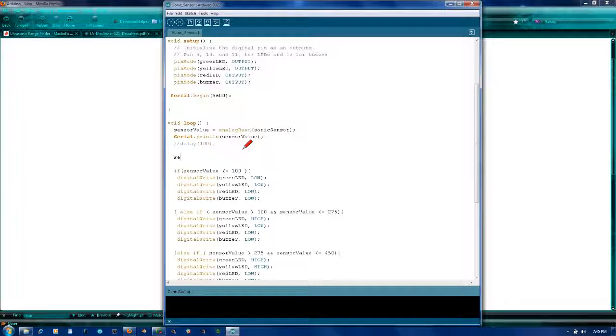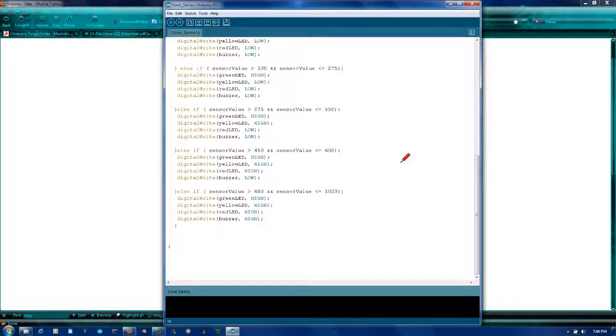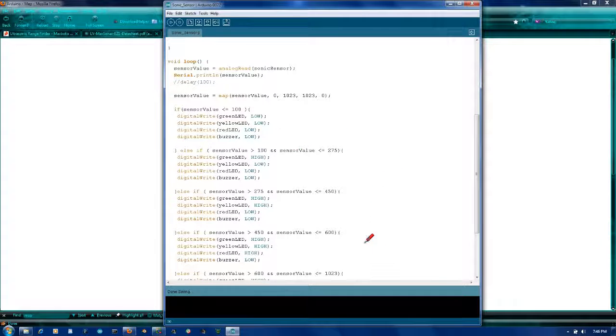Let me see if I can do this. sensorValue = map(sensorValue, 0, 1023, 1023, 0); Okay, so now we've remapped our sensor value and reversed it,